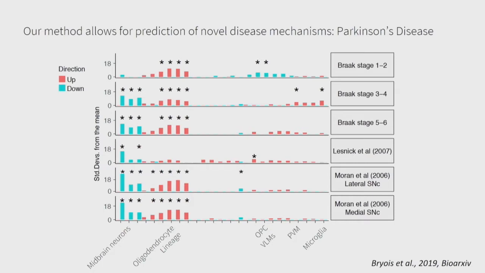what we can see is that the genes of the oligodendrocyte lineage are actually upregulated prior to any effect on the dopaminergic neurons. And this is seen in all the different studies we looked at; they all show, except that one, this upregulation of oligodendrocyte genes. And it seems to precede the effects on the dopaminergic neurons. So this remains to be further elucidated, but I think it serves as a good example that going from genetics over cell types seems to actually be able to inform us and point us in new directions when it comes to complex disorders.